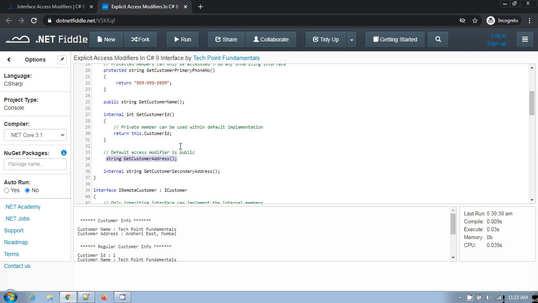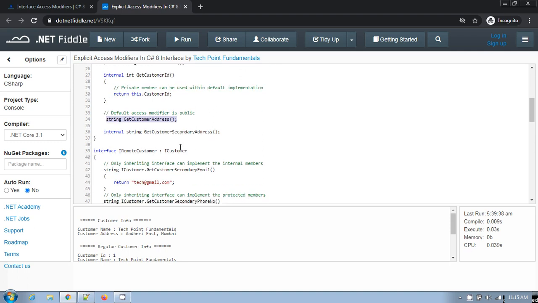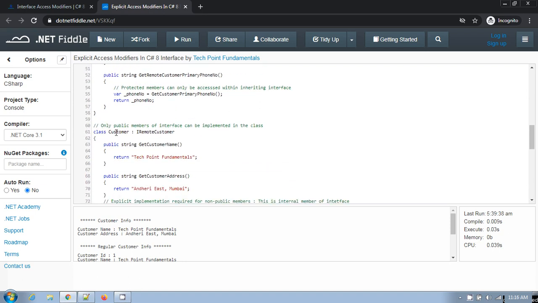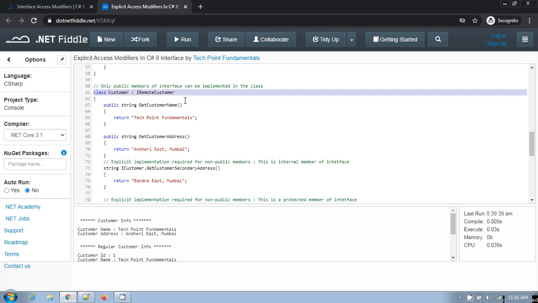implicitly. If you remember the implicit implementation and the explicit implementation, for implicit implementation you do not need to provide any interface name. You can show the fully qualified name of the interface implementation. Here I have implemented I remote customer.